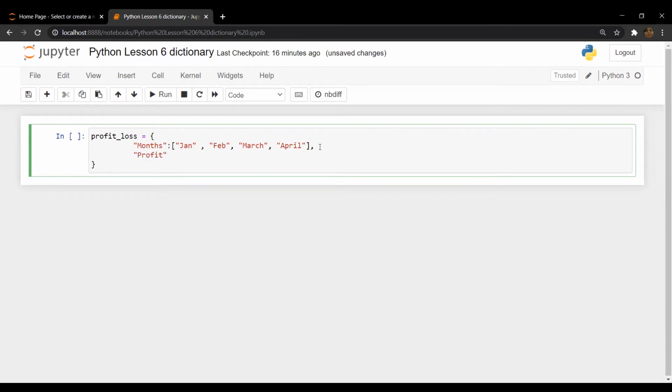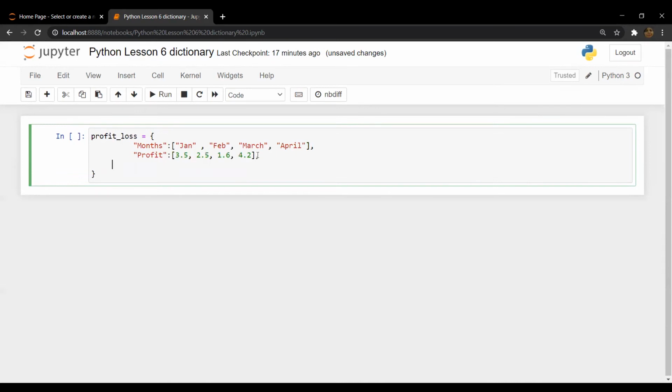profit. Then I will put a colon and the square brackets, and I'm going to write the profit for each month in, let's suppose, millions or billions, whatever. 2.5, comma, 1.6, comma, 4.2. All right, and then again a comma and a new key value,